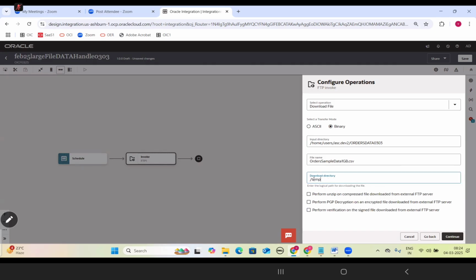That is the reason I told you that this is the stage location. Stage is the temporary location, so it will not be physical; that file system cannot be accessible in OIC. Now mention the file name, input directory name, and in which location you want to download. You mention the temp here. You can continue. Understand, guys? Navigation clear or not? Click on continue.